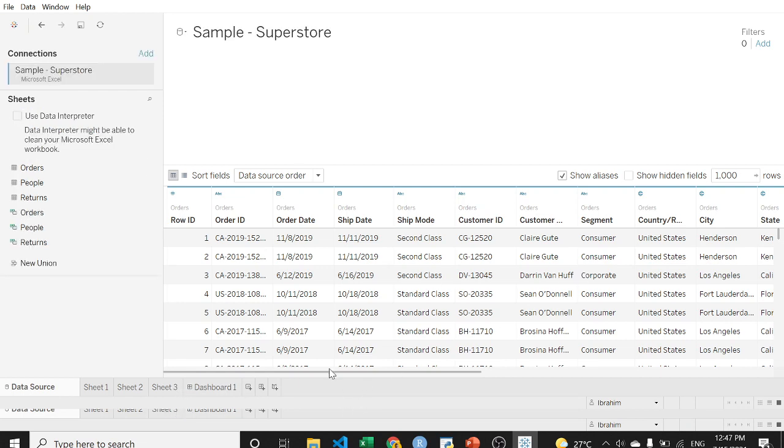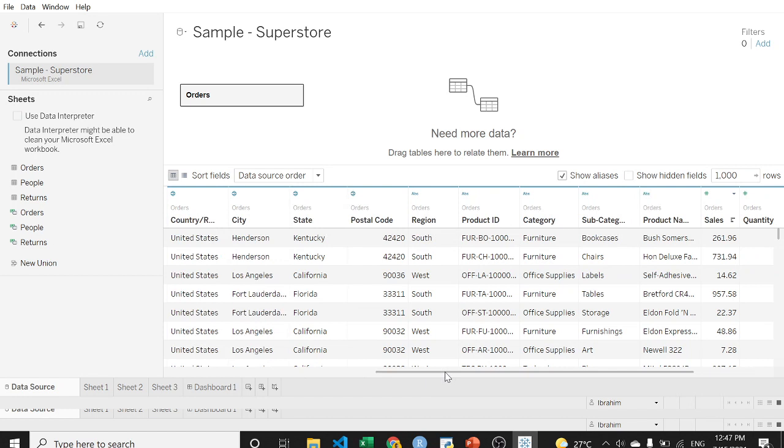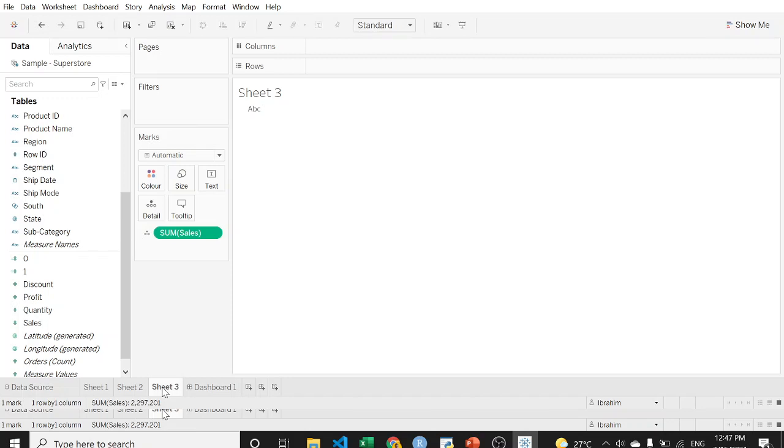Well, this is our dataset. We see here we have different kinds of data, and we are particularly interested in the sales data. So we want to find the proportion of the regions for the sales. To do so, I've already created two of them, the south region and the central region. Now we are going to see